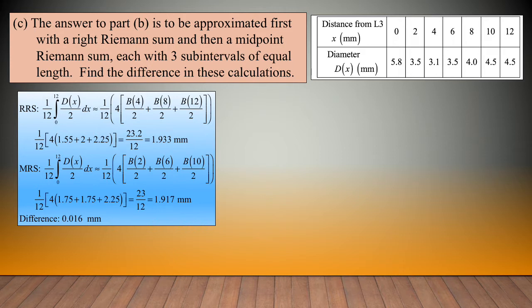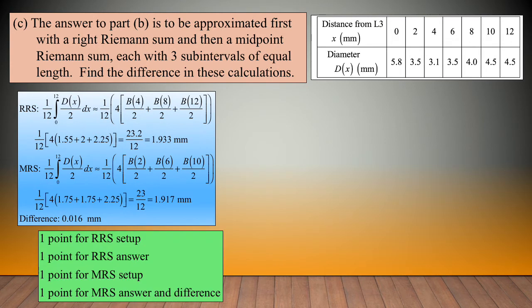So we get 1/12 times 4 quantity 1.75 plus 1.75 plus 2.25, and that gives 23 over 12, or 1.917 millimeters, and the difference is 0.016 millimeters. For points, 1 point for the right Riemann sum setup and 1 point for the right Riemann sum answer. 1 point for the midpoint Riemann sum setup and 1 point for the midpoint Riemann sum answer and the